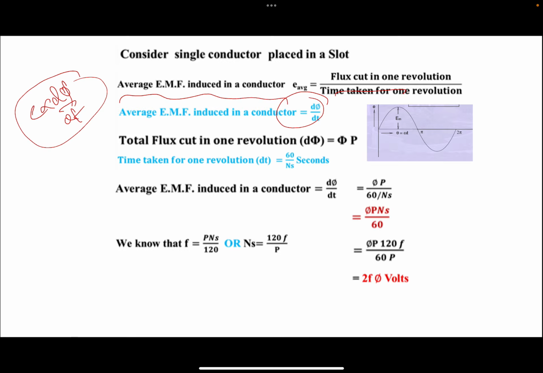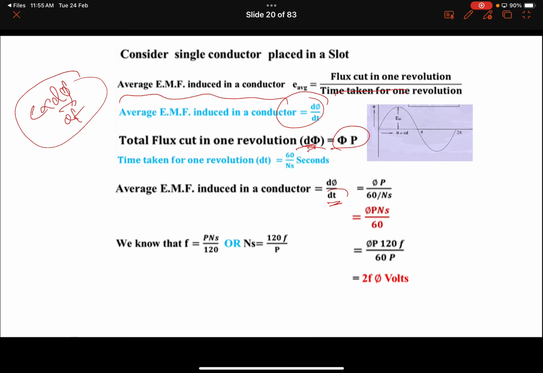Okay, so E is proportional to d phi by dt, and how this flux depends upon it. The change in flux depends upon the number of poles here. If it is a 4-pole machine, it will be affected 4 times. So d phi will be phi and the time change will be 60 by Ns here. We already discussed this. So the equation will be phi PN by 60 here, and if I simplify this,